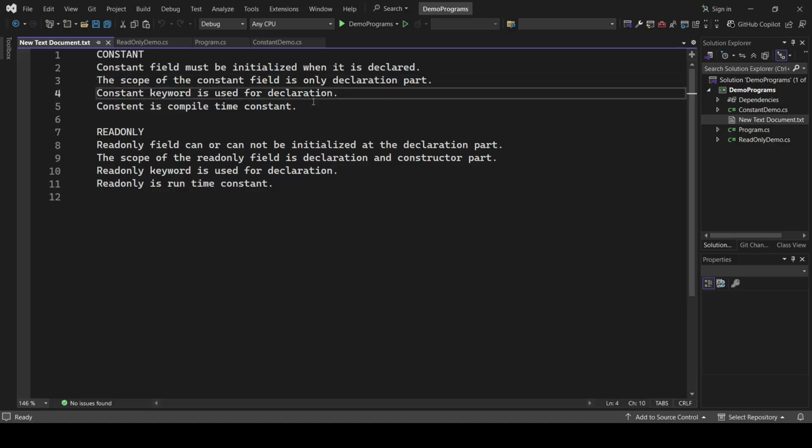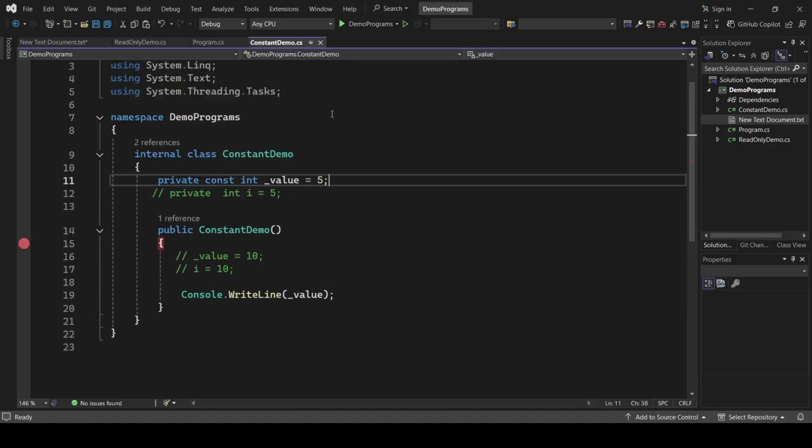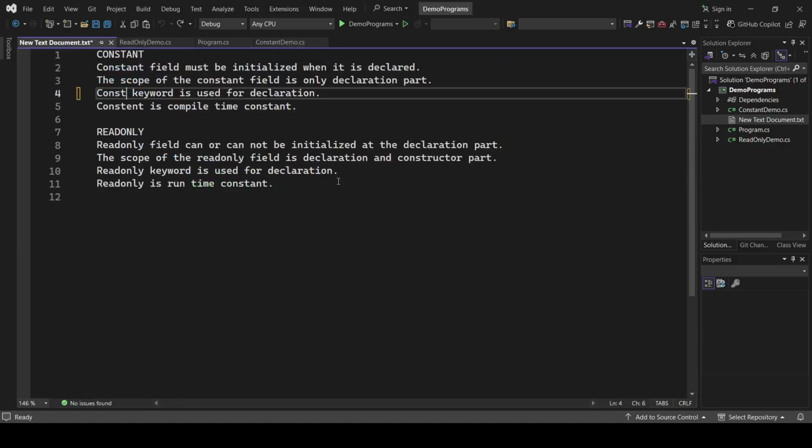And the third point here, the constant keyword is used for declaration. It is the const keyword. You can see here we are using this const keyword to declare constant fields. Fourth point, constant is a compile time constant, which means